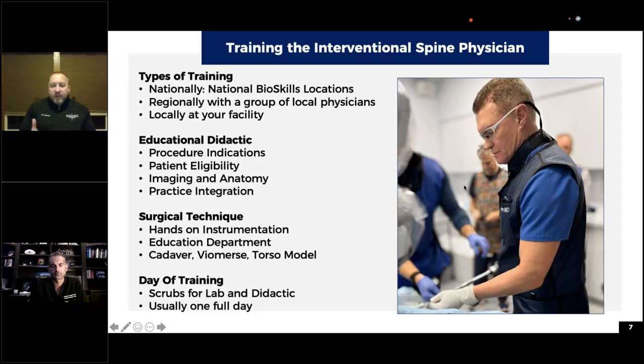And for some physicians, once you get good at these new advanced procedures, maybe doing a regional course or just something local in an evening is enough to learn the new procedure. But I think there's also a surgical skill set that comes with these procedures. And I think Tim said it best in the first session that we're going to have to look at ways where it may be the fellowship, plus something else while you're already in practice.